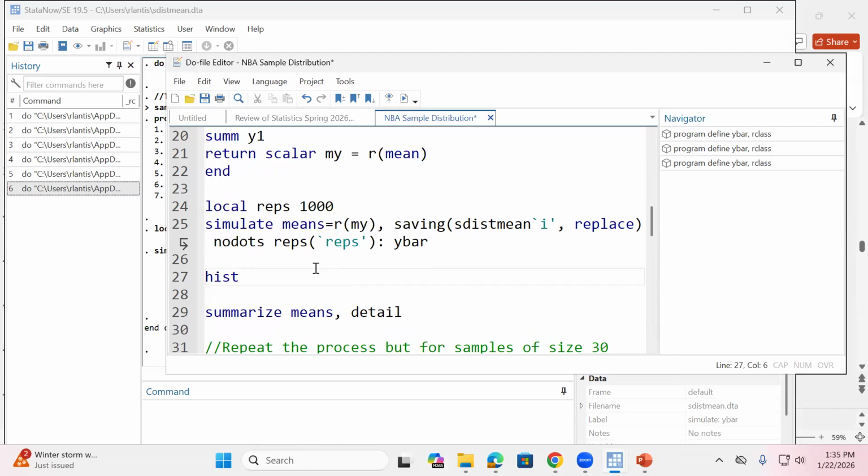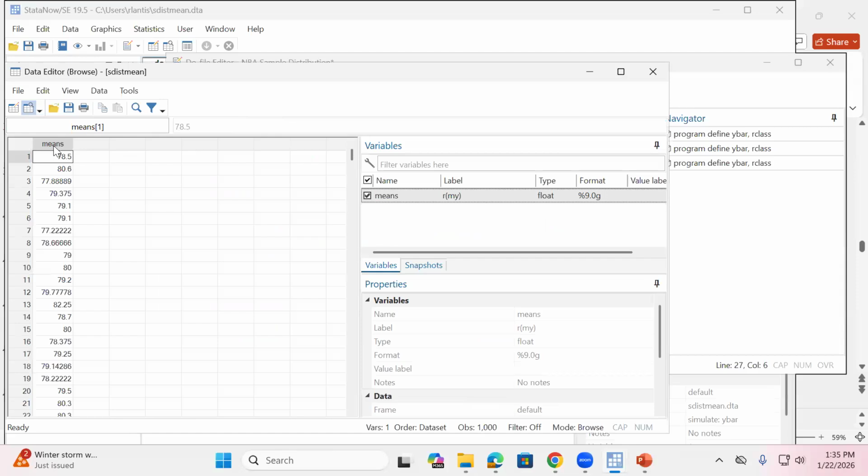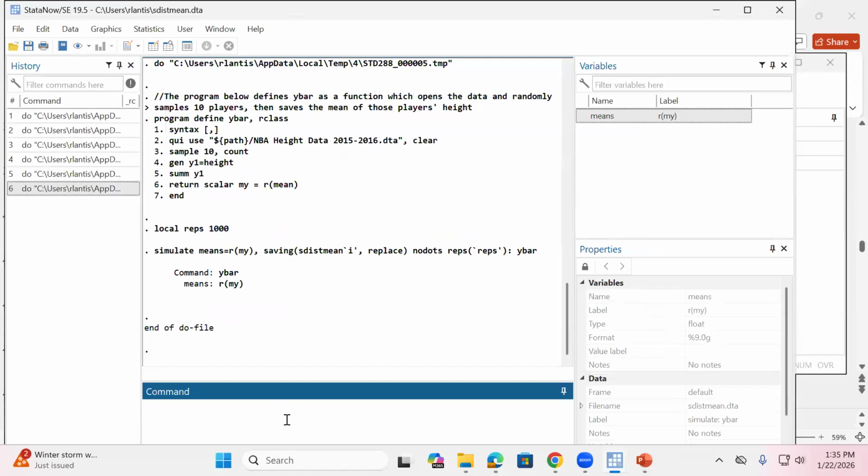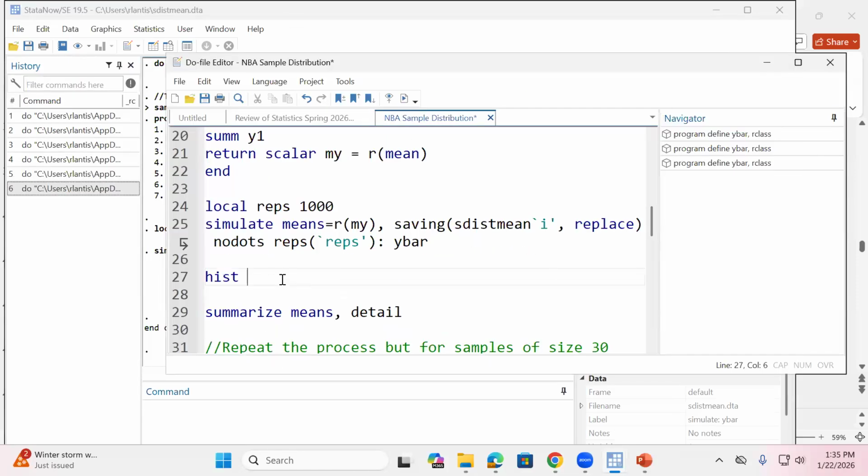So if I want to do this, and I think the variable that I had saved in the data was, what did I call? I called it means, right? So if I want to look at, oh, I want my do file. There we go. I want to look at the distribution of those sample means. I'm just going to use that hist command. This should give me,